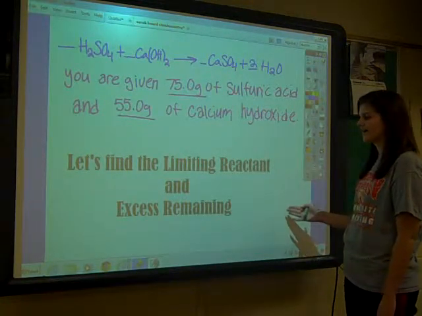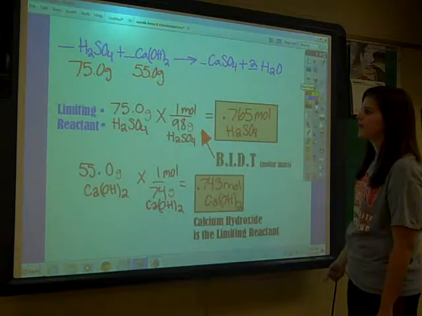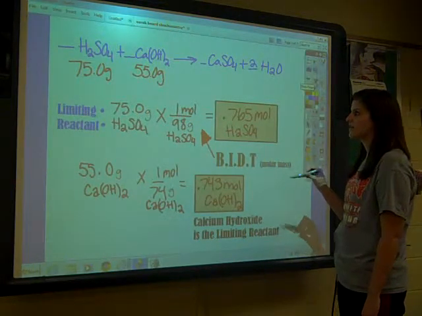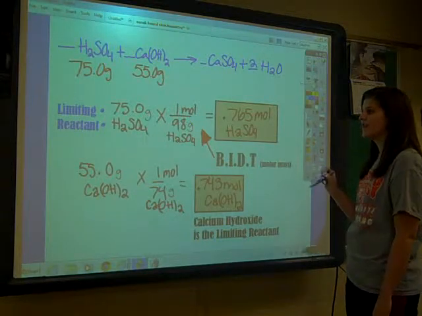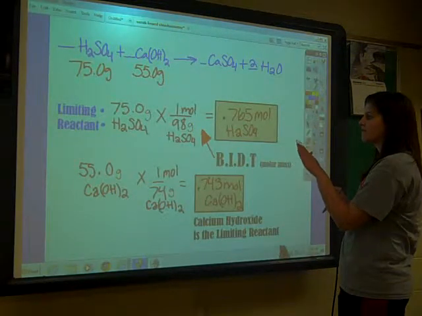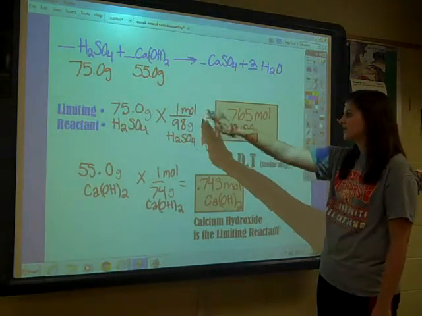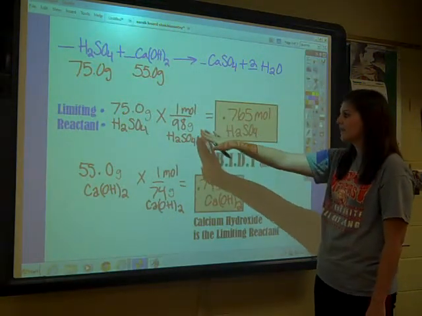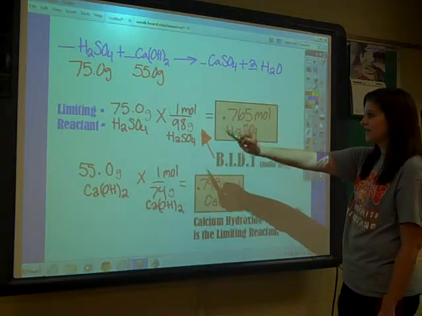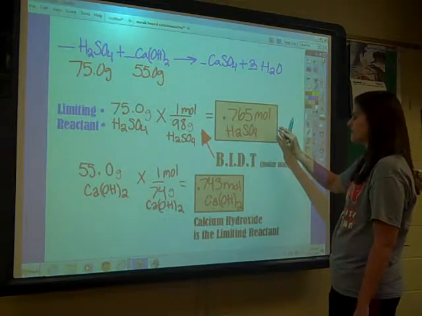Now let's find the limiting reactant and the excess remaining. Okay, so I put what the problem gave us under the equation: 75 grams of sulfuric acid, 55 grams of calcium hydroxide. In order to find the limiting reactant, we set up a conversion to convert 75 grams into moles. You set up your problem where you have moles on top, which is the result you wish to get, and the molar mass on the bottom. And so 75.0 divided by 98 results in 0.765 moles of